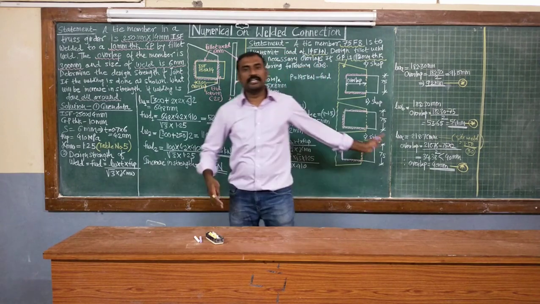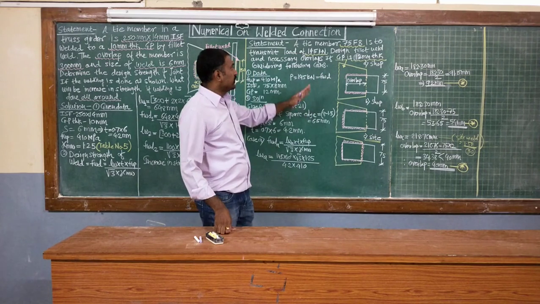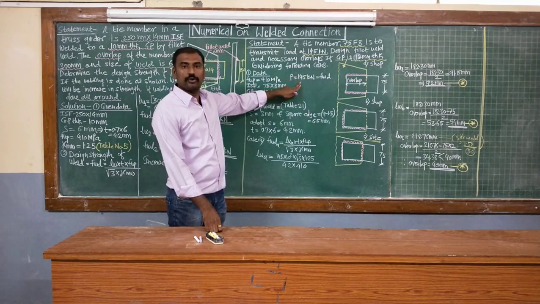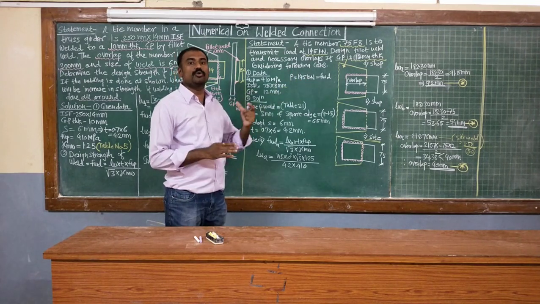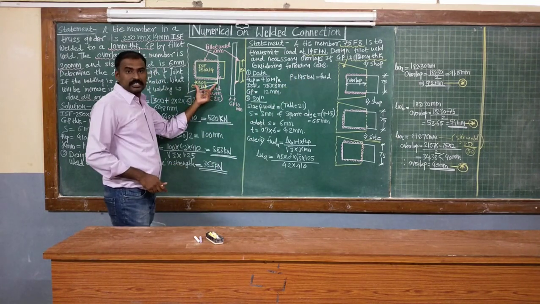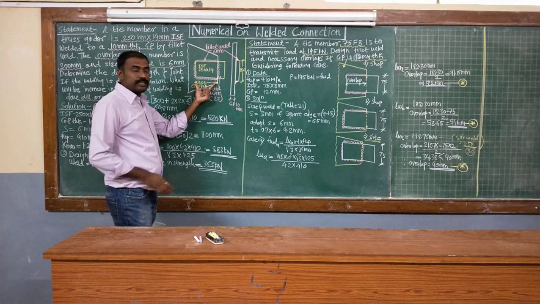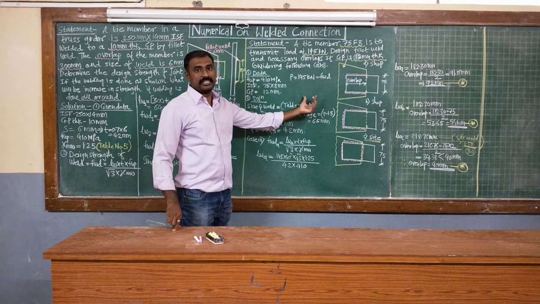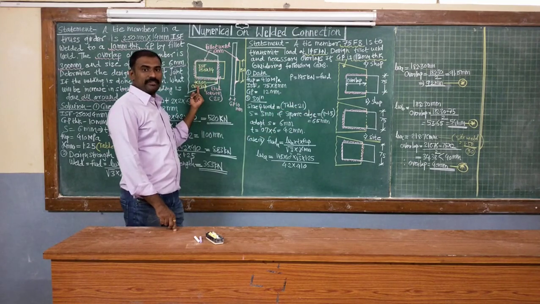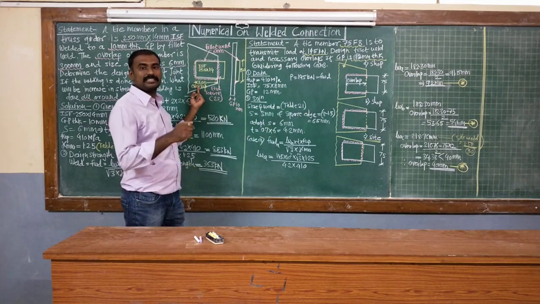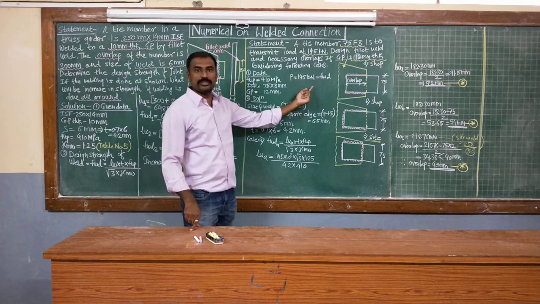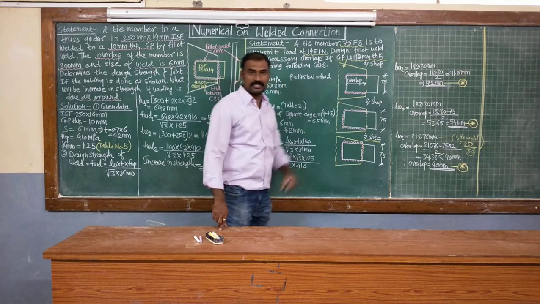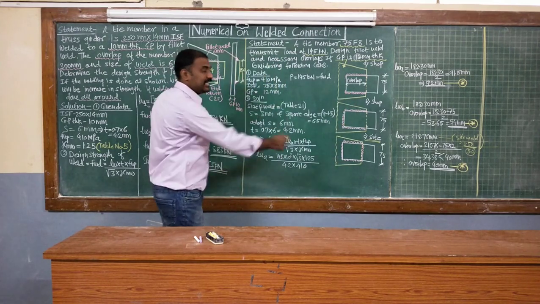Correct? And in the second numerical, they have purposefully given the value of load, and for the given load you need to calculate what the overlap must be. This overlap distance is to be calculated for 3 different cases in numerical number 2. Here, in the first, overlap was given and you calculated the strength, that is, the load. Here the load value is given, and for the given load you need to calculate the value of overlaps. But for overlaps, again they are giving 3 different cases.